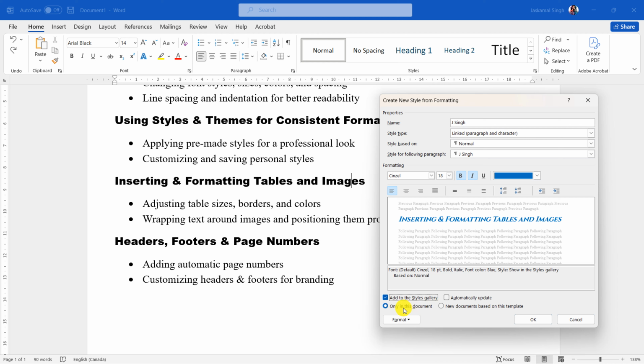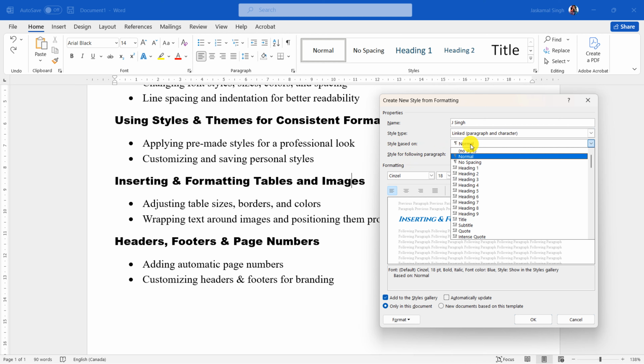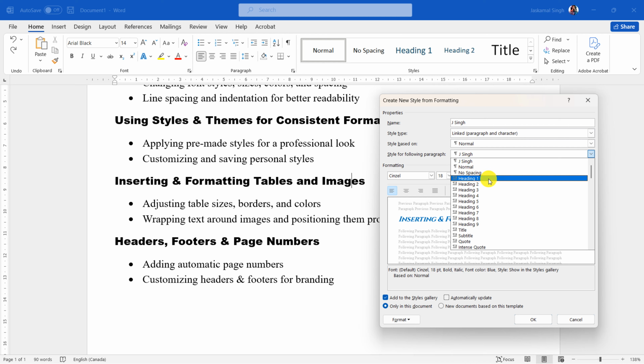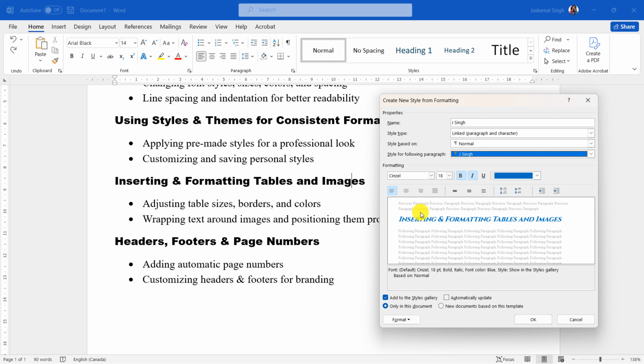And then here we also have another option saying only in this document or new documents based on this template. So these two options work like this. Let's say that I'm creating this style based on a normal one, right? So style for a following paragraph. So let's say I'm doing it for a heading 1 or heading 2. If I'm opening a new document with the heading 1 in it, it will apply this style that I'm creating right now instead of the traditional one if I select this option. So all the new documents that are going to be created will have this formatting for the heading 1, right? But we're not going to do that right now, so we're just going to do it only in this document